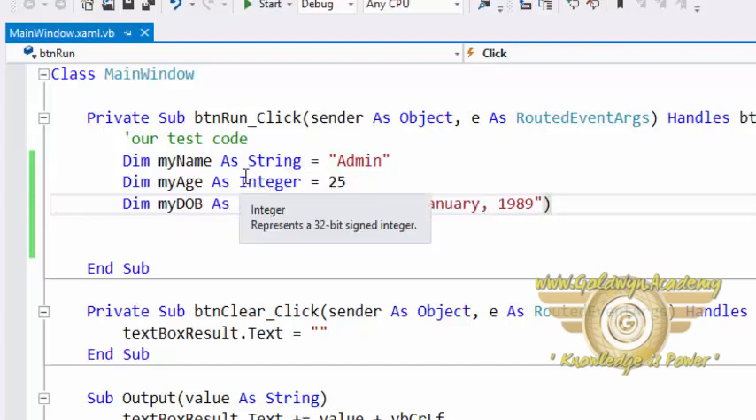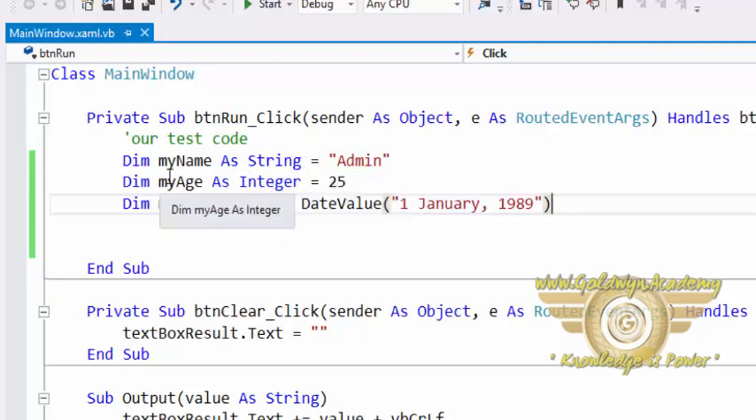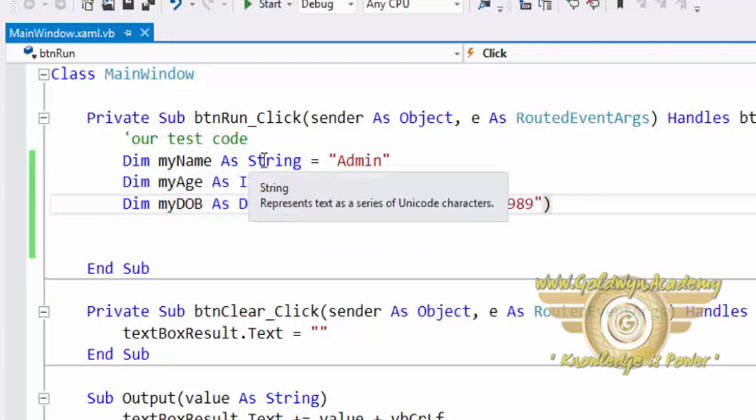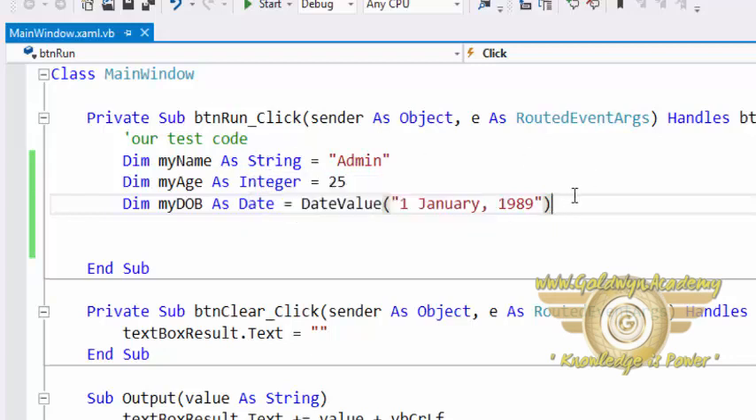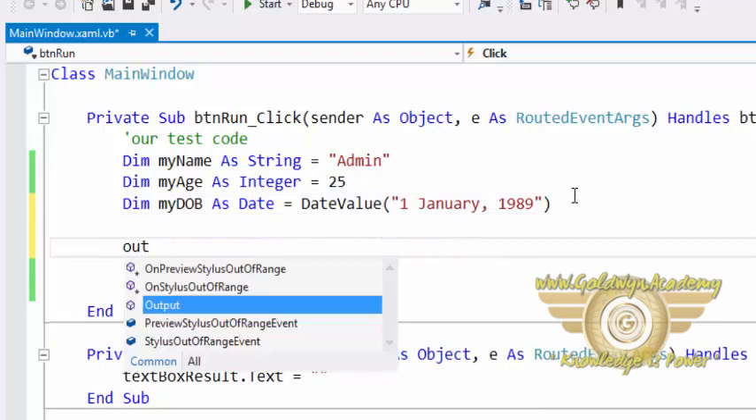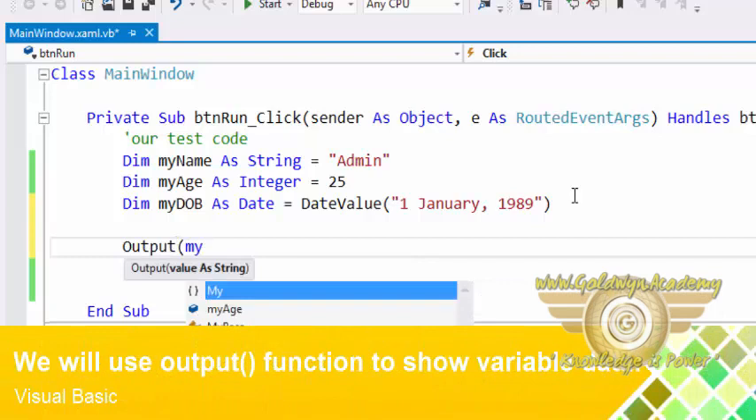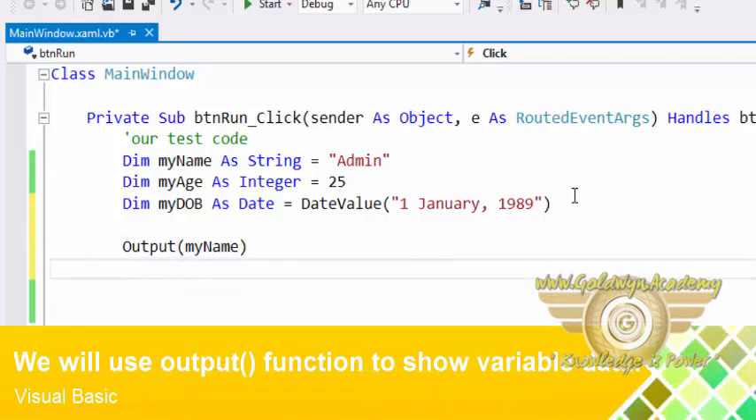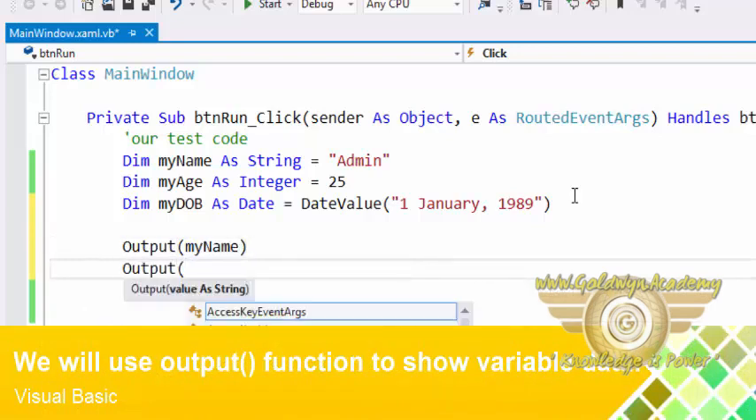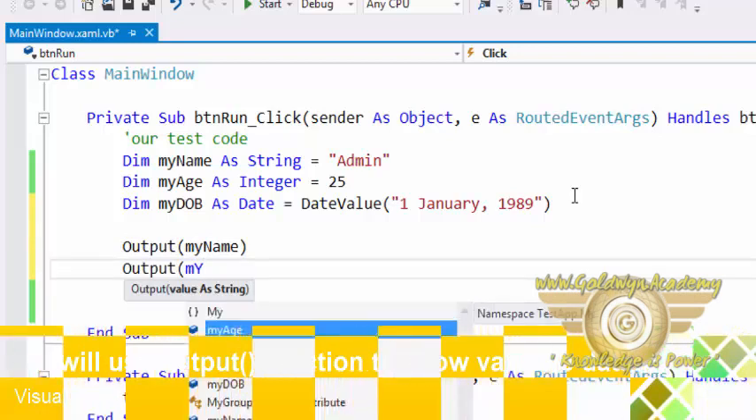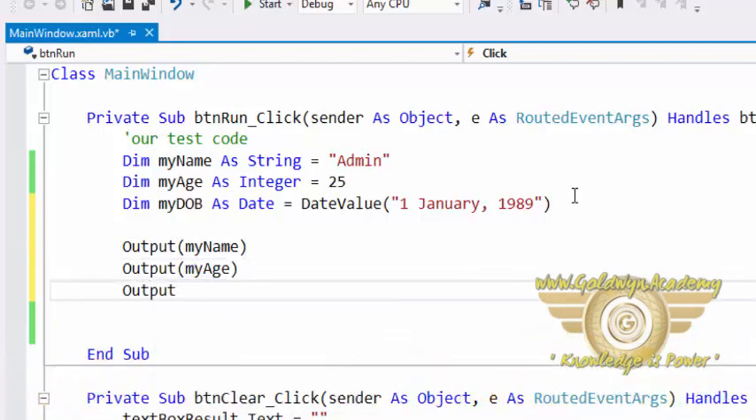This is how you define the data type of a variable. So my name is a variable and we have defined that it is a string. So as a string is the way you define the data type. Well, let's go ahead and print all of them. So I'll use output function and I will output my name. I will output my age and also